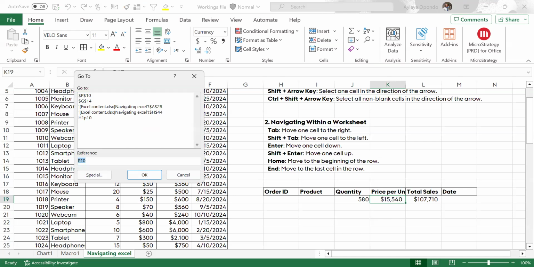If you click function F5, at times your functionality is probably not activated. If it's not activated, you click Fn, then F5 to activate that functionality. So if you click it once and click Enter,